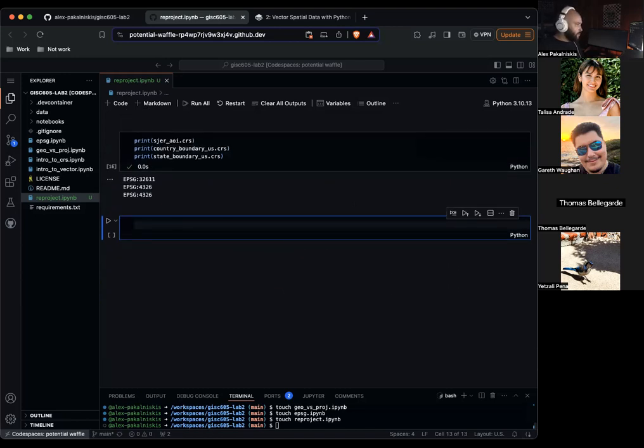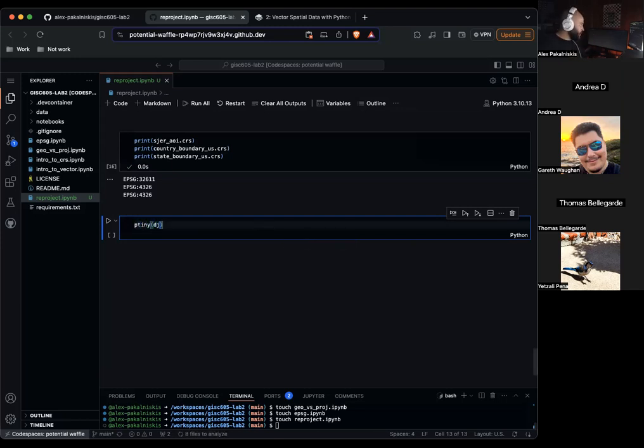Cool. So it seems that our data are in different CRS. We should reproject them in order to display them on the same map. Now let's view the spatial extent of both of these data sets before we reproject them, just out of curiosity.